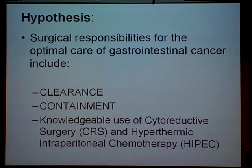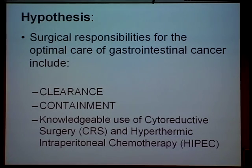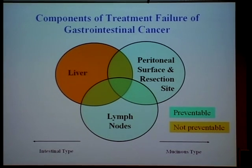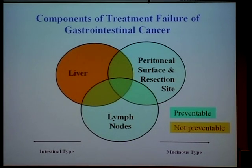But I think that now, for me, a third essential component of the knowledgeable management of gastrointestinal cancer is this use of cytoreductive surgery and hyperthermic intraperitoneal chemotherapy. Now, again, cancers are really devilish. It's a devilish disease, and it doesn't just grow within the colon or grow within the appendix. It's going all over the place, and we have